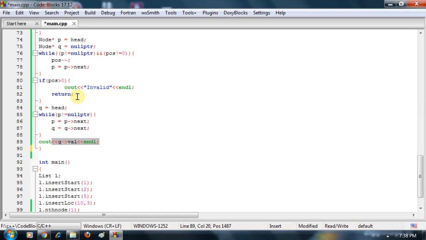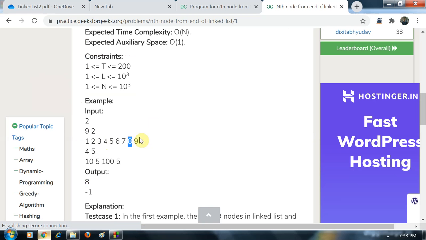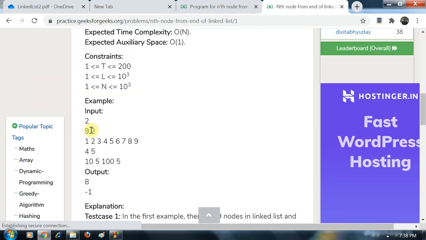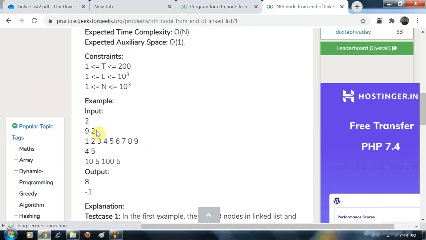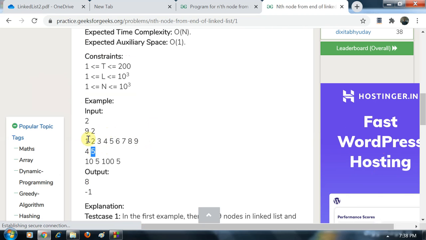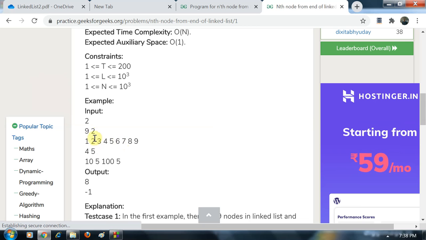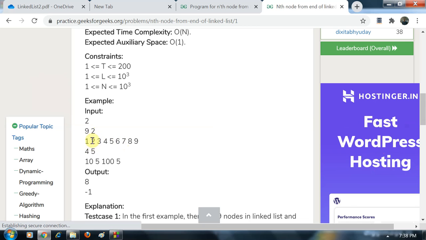And then I simply print the value of q, because we work on the logic that if the position from the last is 2, then this position should be 8.